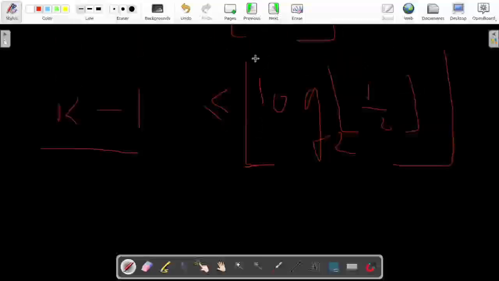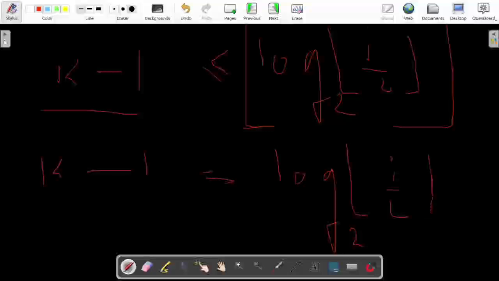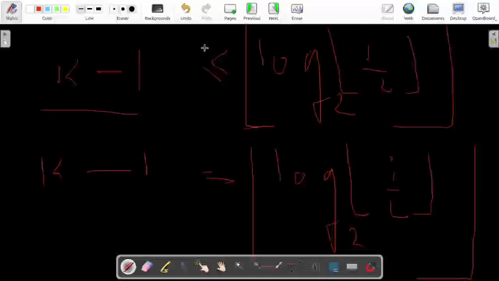Now, since I'm taking floor on this side, we can remove this less than sign and we can directly write k minus 1 equals log base 2 of floor of i by 2. Now I know a lot of you may wonder how we directly remove this inequality sign and make it equal to over here. See,